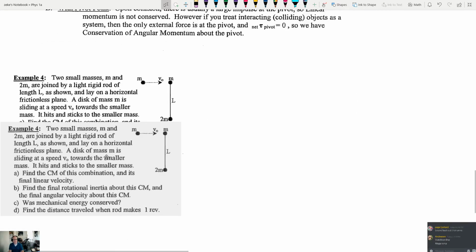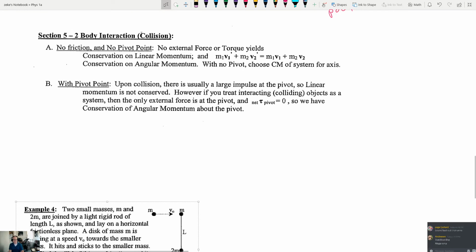But what does this say? 2-body interactions, collisions. No friction and no pivot point. Okay. In this case, when there is no fixed pivot point, we're going to use conservation of linear momentum, and we're also going to use conservation of angular momentum. And when there's no pivot, we're going to choose the center of mass of the system for an axis. When there is a pivot point, it says a bunch of stuff here, but the only thing we're going to use is conservation of angular momentum,